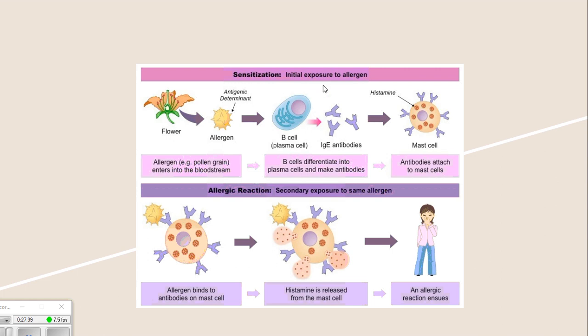Now, there are different classes of antibodies that are produced, and those antibodies are found in different areas. So there's a type of antibody called IgA, which is found in mucosal surfaces, like in your nose, where you'll find a lot of IgA. The antibodies circulating in your plasma or your blood are another class called IgG. And then IgE, this particular class of antibody, will bind itself to the surface of the immune cell referred to as a mast cell. Mast cells contain